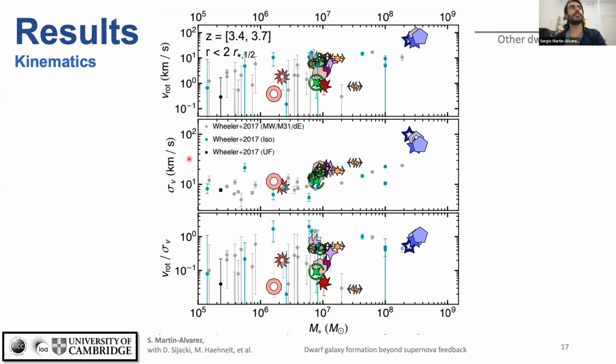When you go to the dispersion of the velocities, what we find is that in general, all of our runs tend to have velocities that are a bit too high compared with observations. This is kind of frequent for simulations, but interestingly, when we include cosmic rays, we get the lowest dispersions. And perhaps this is the only point in all the parameters I explored in the actual work, but here it is certainly the case that the boosted feedback gives us a better match to the dispersions that